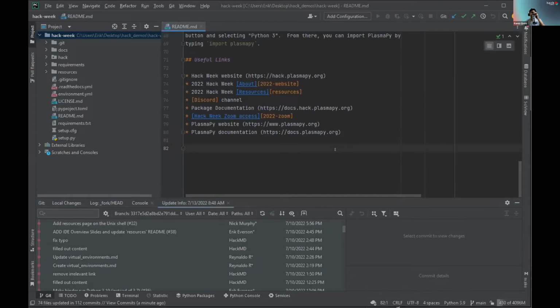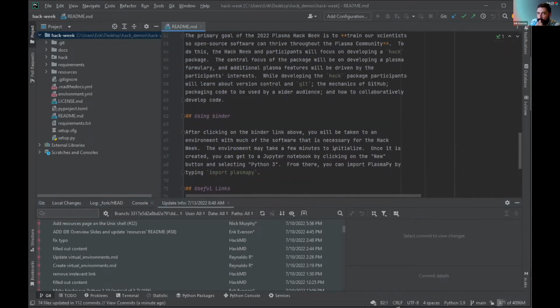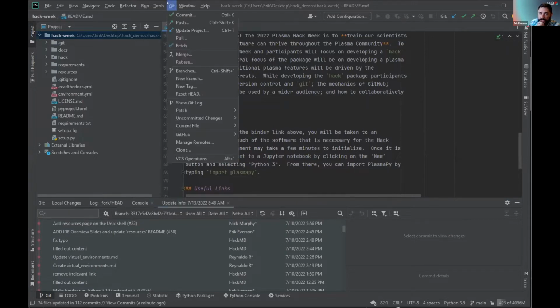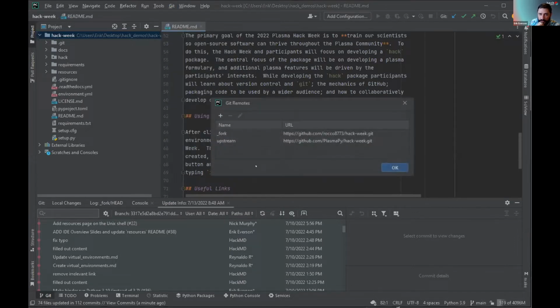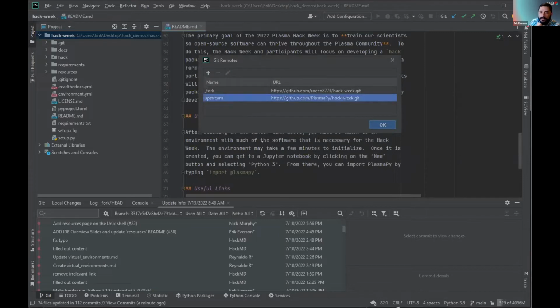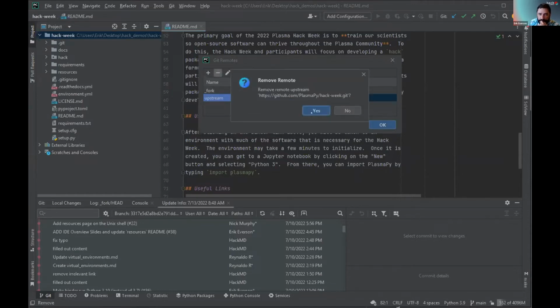Okay. One of the nice things about PyCharm is you can actually have multiple remotes. So if I go back to manage remotes, well, it figured it out on its own. I was going to add it manually, but it figured it out on its own. I think it's because when I did the fetch and it looked up to GitHub, it figured all that stuff out. So I'm going to delete this real quick,